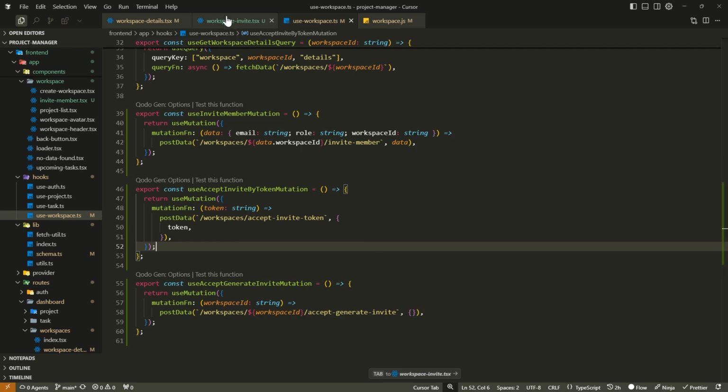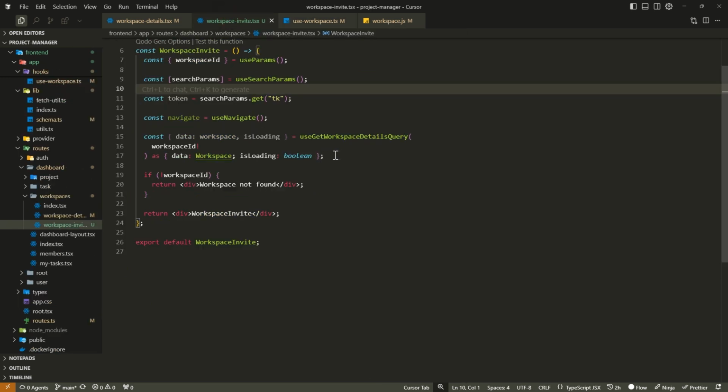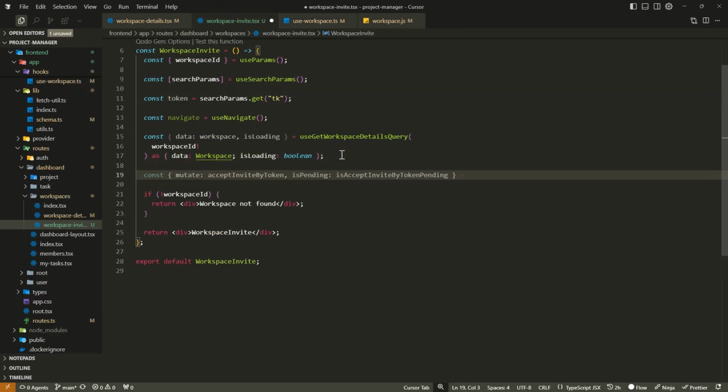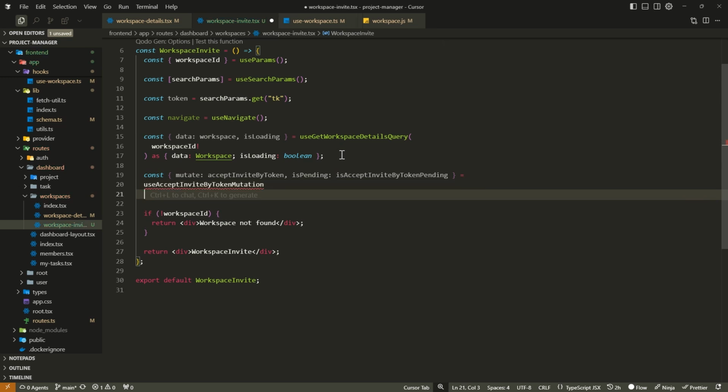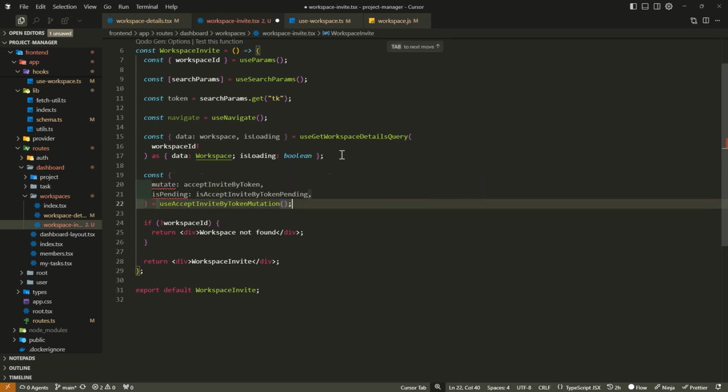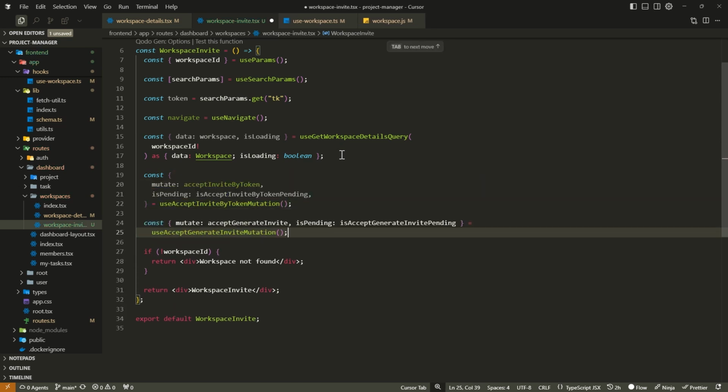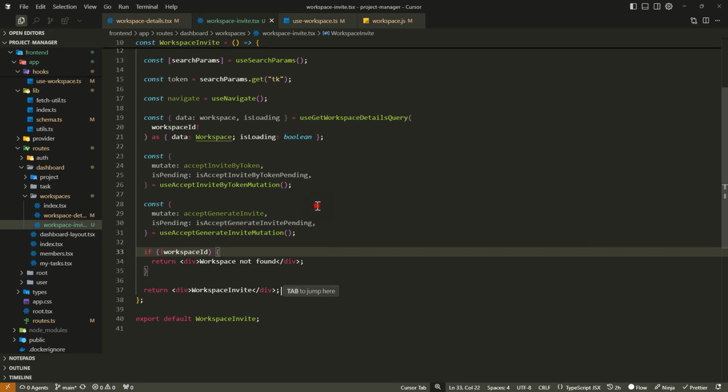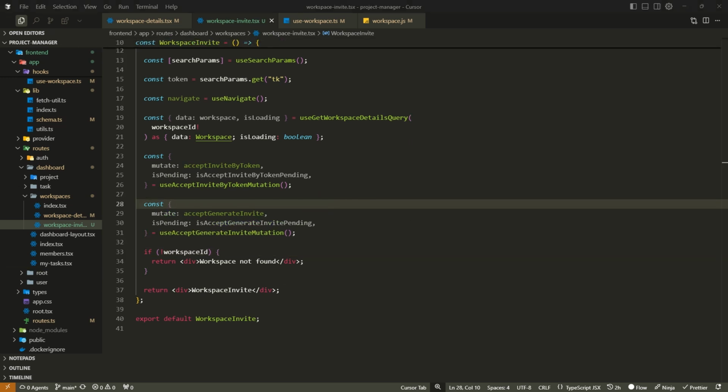Then we can now come back here and grab these two. And what of the other one? Can you guess? So we have invite by token, and we have a general invite. So I have them here. So what I can do now is